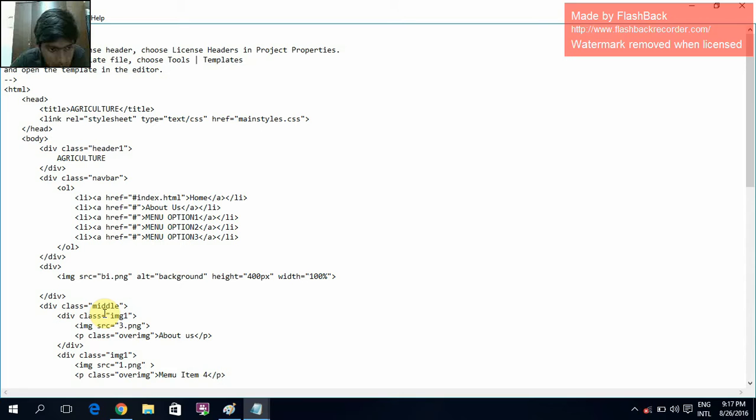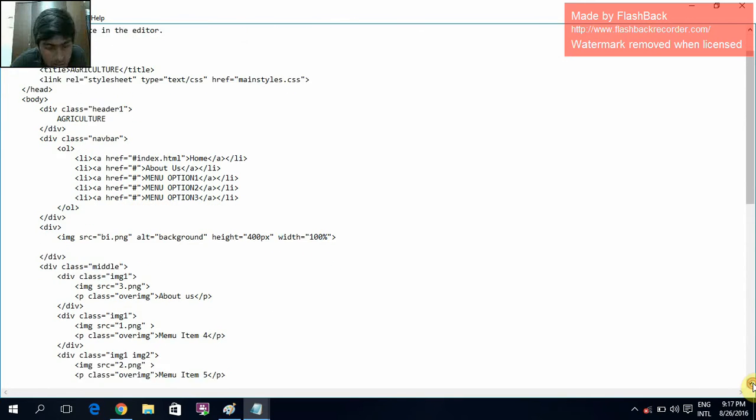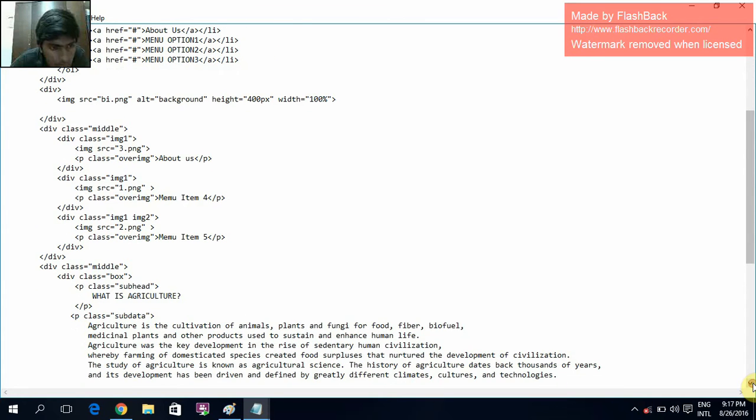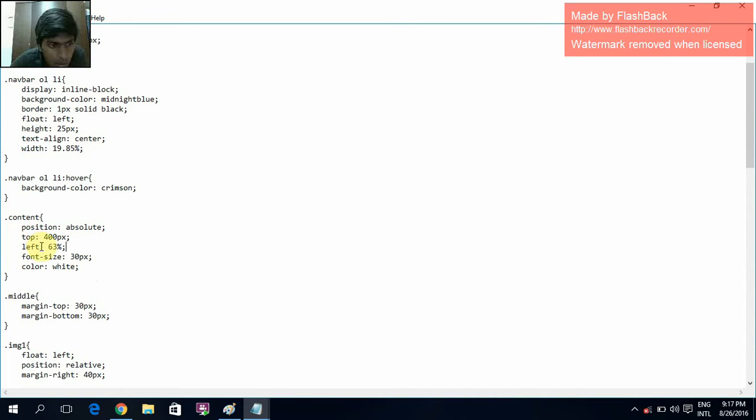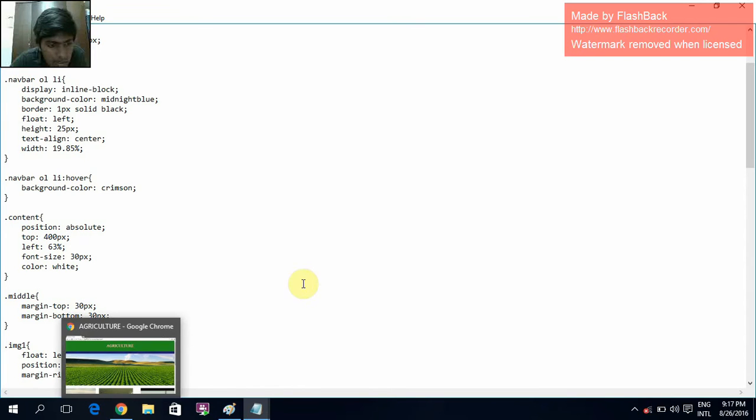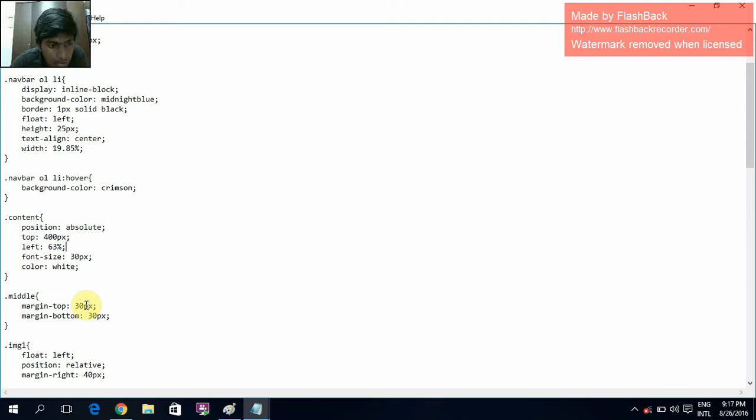This is the div class image 1, image source, which follows. Same follows here. The 4 images consist of 4 classes, and each class is specified in the CSS with the special attributes like top, left. Same follows all over here with different pixels and different percentage size. So this is the middle. So middle is the image. The content which is placed in the middle contains 30 pixel of margin from top and from down. This is as follows.